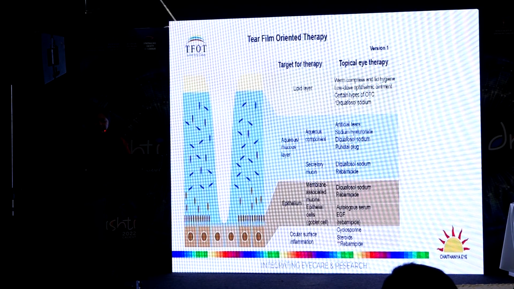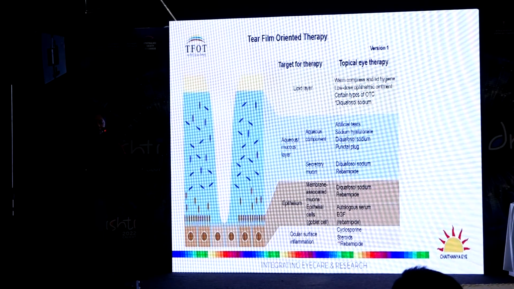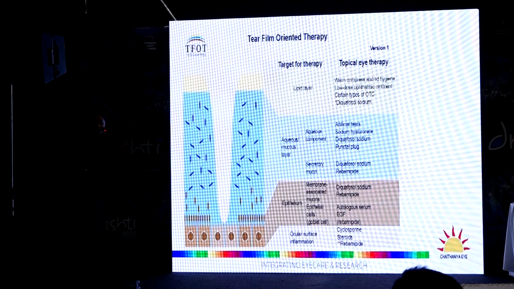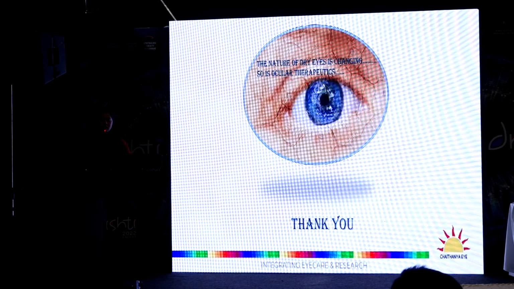Now, tear-film oriented therapy can be given. If there is lipid deficiency, we can use lipid supplementation, warm compress and lid hygiene. In aqueous deficiency, we can give artificial tears, sodium hyaluronate, and aqueous secretagogues. If there is epithelial abnormality, we can give secretagogues with autologous serum. And for all ocular inflammation, we can use cyclosporin or steroids. So the nature is changing, so is ocular therapeutics changing in